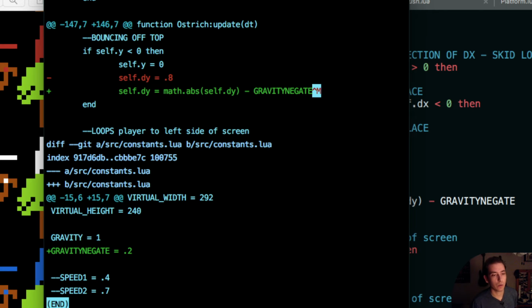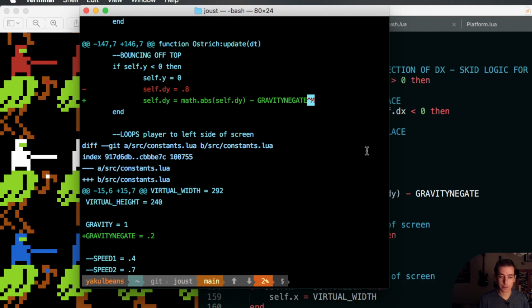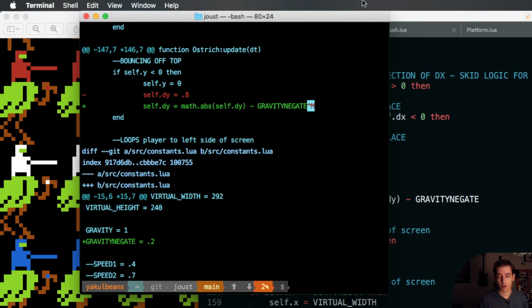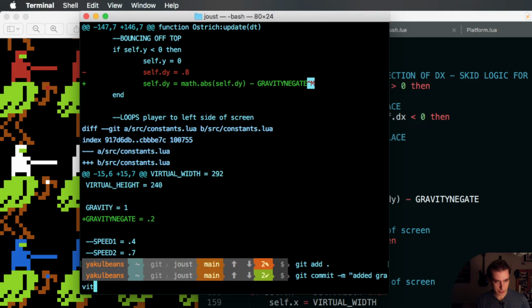So if we run a git diff, we can see at a glance what all of our contributions were. That can help us, because if we code for an hour or whatever and then don't know what the heck we did, we don't really know what to git commit. So git add period adds everything to the staging area. And then we can commit with a message saying